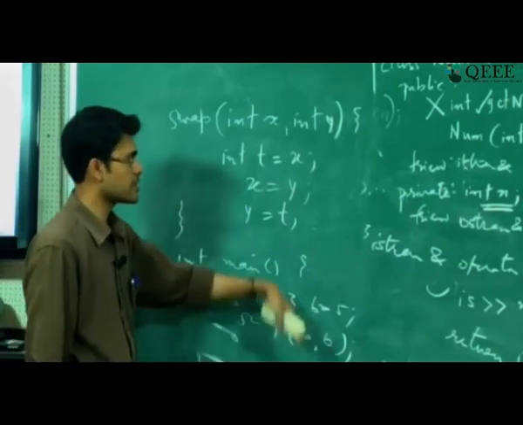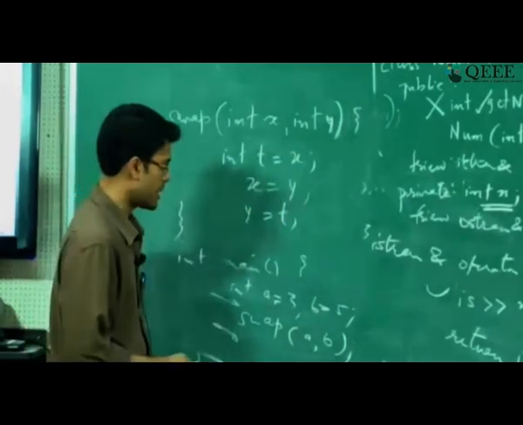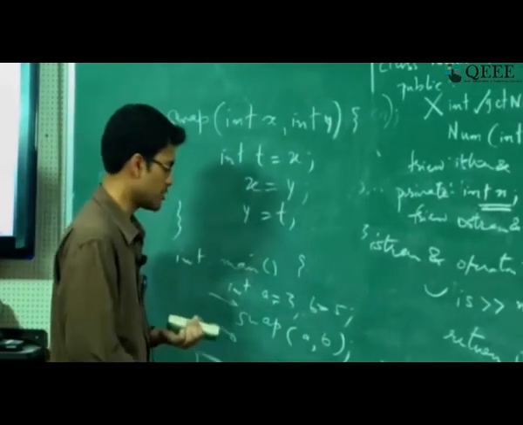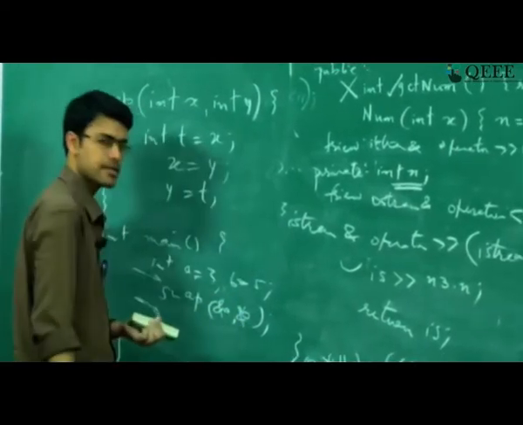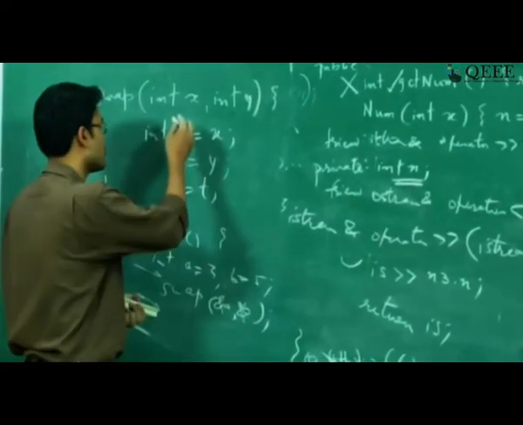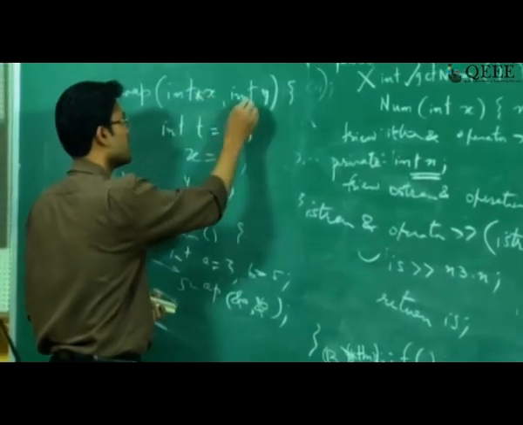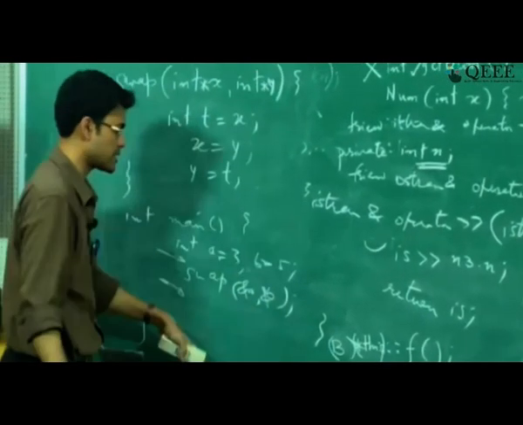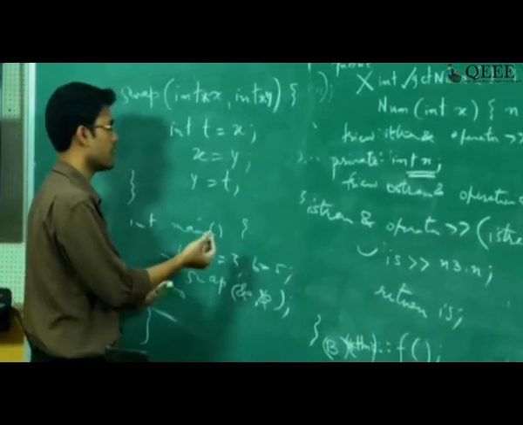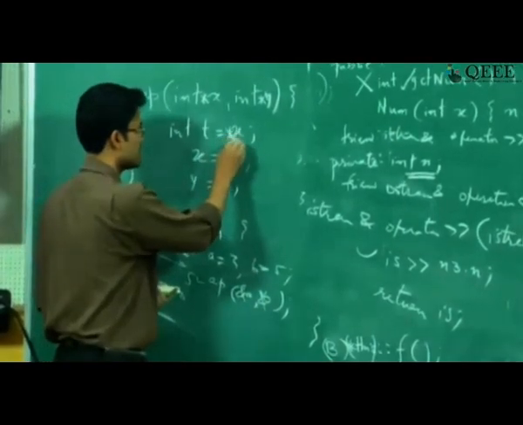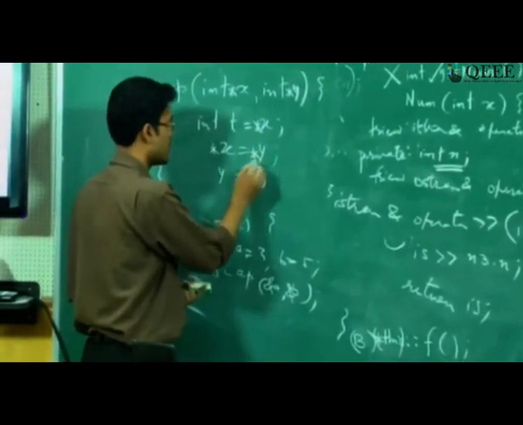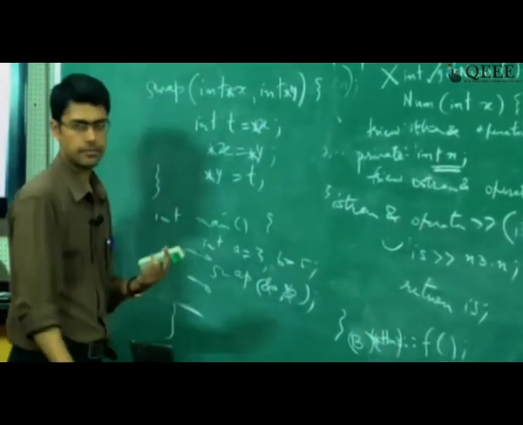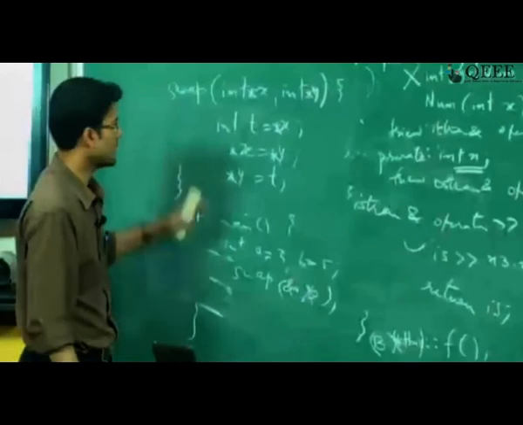And the reason being that there is pass by value happening here, right? So to change that, you get into pointers, where you need to pass them as addresses, specifically in C, or you can do it in C++ also, and then these become pointers since you are passing them as an address. And then the way you will do it is that you will say t equal to star x, and then star x equal to star y, and then star y equal to t, right? And then you look at this function,